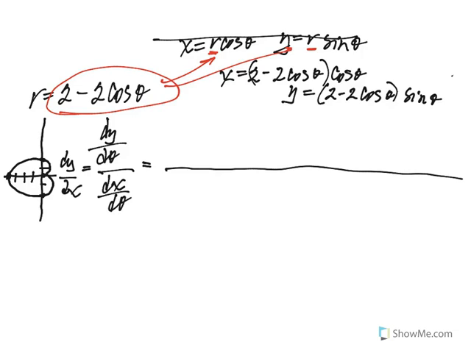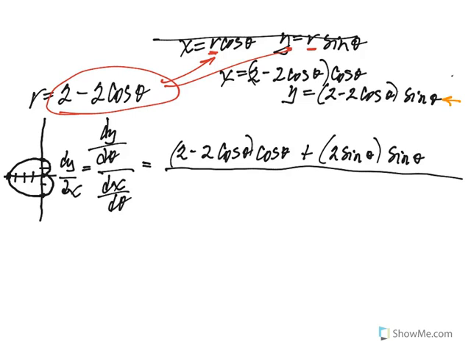Now, I don't think it saves you any time to distribute that out. You're still going to be stuck with the product rule at some point. So let's just continue the way it is. dy d theta is the derivative of this line right there with respect to theta. So it's product rule, right? I've got the first as is, which is 2 minus 2 cosine theta times the derivative of the sine of theta, which is cosine of theta, plus the derivative of the first, that's going to be 2 sine theta times the sine of theta